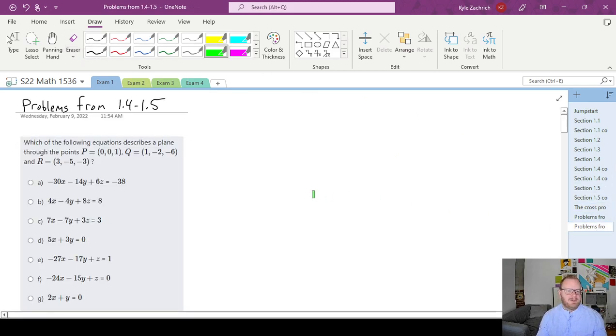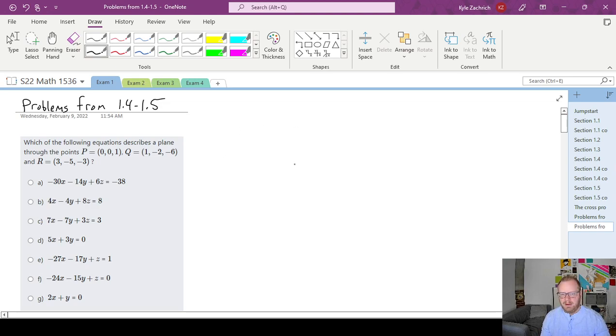Okay, so let's get started with this problem here. It says, which of the following equations describes a plane through the points P, Q, and R. What I sometimes see people do, their first instinct is to try and maybe graph these either in GeoGebra or in 3D space and try to figure out where exactly these points are, 0, 0, 1, 1, -2, -6, and then try to make a plane out of that. For these types of problems, we really don't need to know where exactly these points are. In fact, we can just draw a really, really generic picture, I think is the best thing we can do,